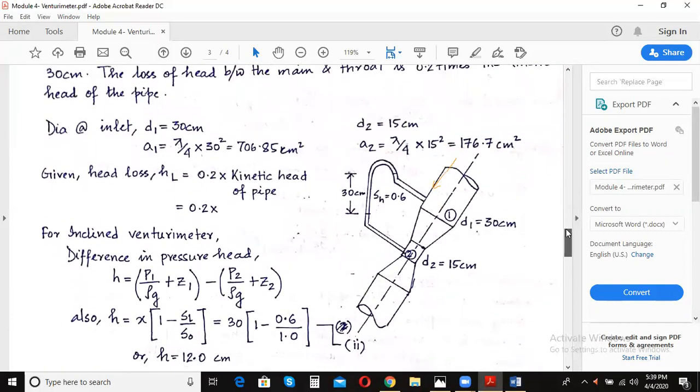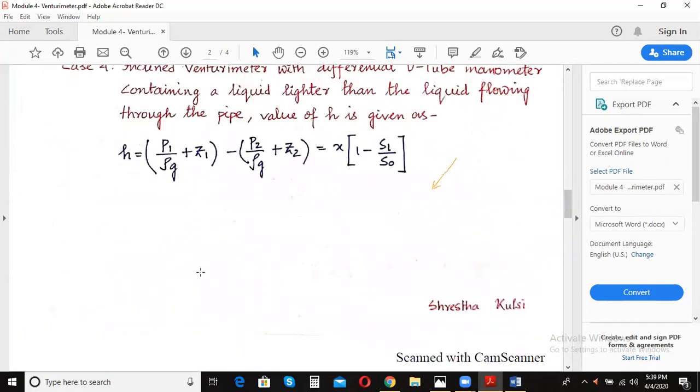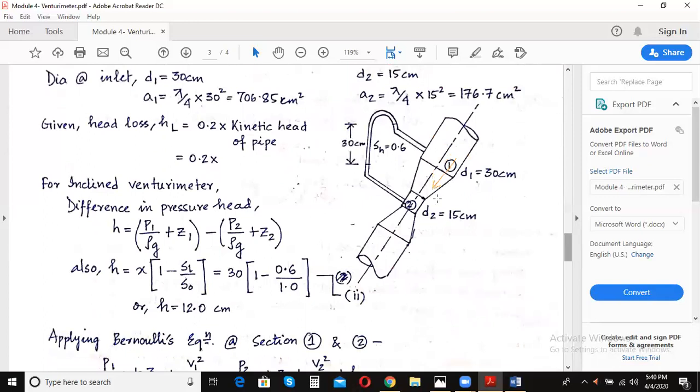Now, with the help of this formula, we can easily calculate the head difference. Okay, so head difference is given by what? The summation of pressure head and potential head at section 1 minus summation of pressure head and potential head at section 2. Now this expression is also equal to this. So now we have the values of x, we have SL, we have S0. So what is x? X is nothing but the difference in level of the liquid inside the manometer, which is